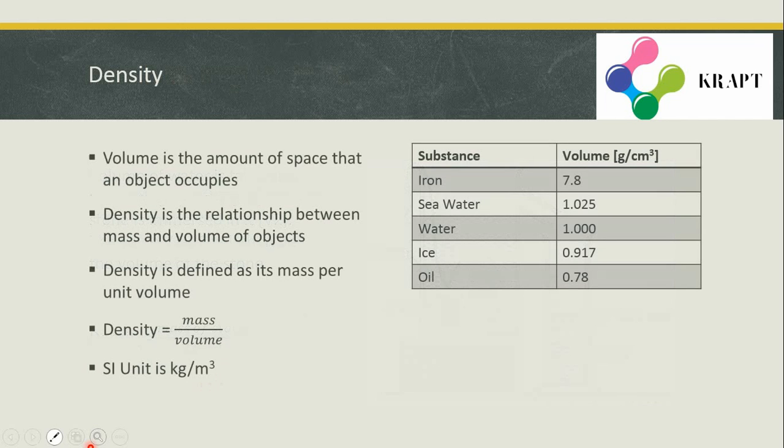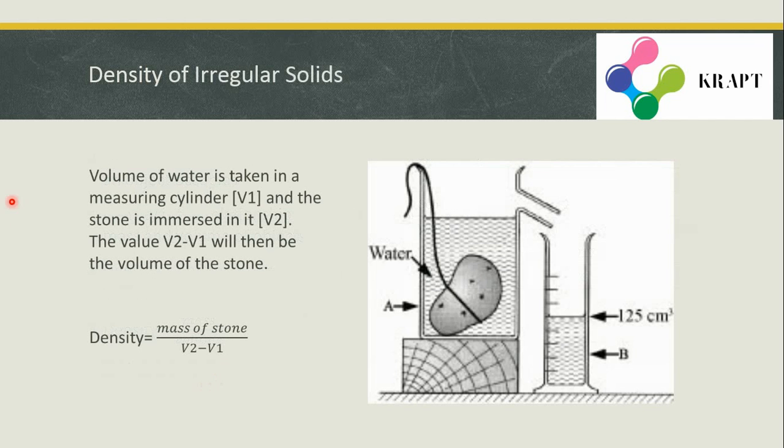Now we know how to find density of regular solids. But what about irregular solids like a stone or any pebble like that? So volume is taken up to a certain level in this can called Eureka can. It has one opening here and water is to be filled up to the rim. Okay. So when we then tie a thread to the object and immerse it in the water, as we know, it will occupy some space, and that amount of space water would be displaced in this can. Like this, we can get to know about the volume.